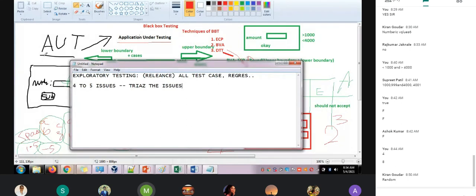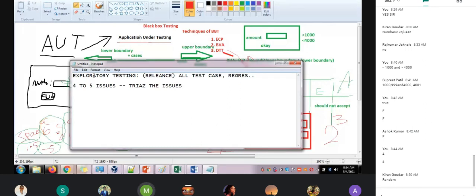Triage is a meeting where we check whether it is really a defect, really an issue in the application, or whether we can give it as an enhancement in the next release. Are you getting? Triage is nothing but measuring the defect, whether it's properly a defect or we can add it as a new enhancement in the new release.